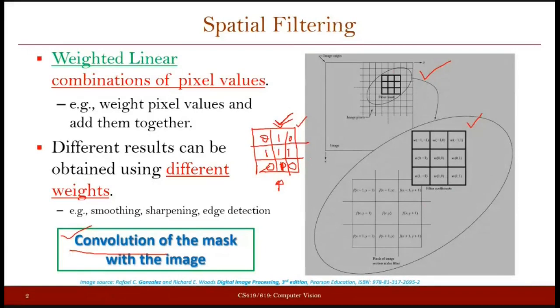And the same thing will happen when you say that you are convolving the image with the help of this given filter. And since your filter is symmetric, even though you are saying convolution, it is using the same mask, because after rotation also you are going to get the same mask. Okay, so I'm reiterating, this is a very important point to note here. So whenever we filter any image by a given filter, normally we say that we are convolving the given image by the given filter. Okay, and this is true when your filter is a symmetric filter.